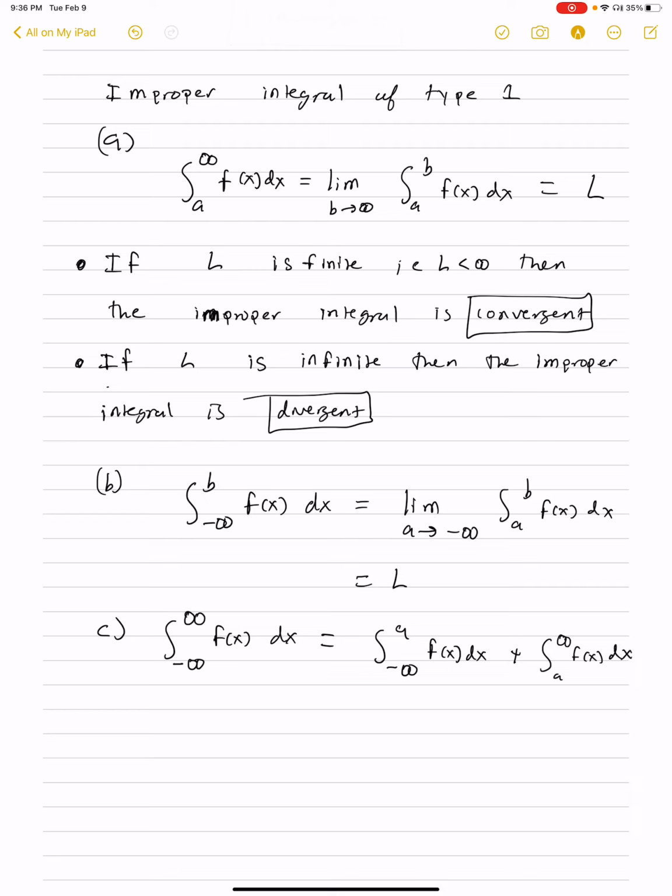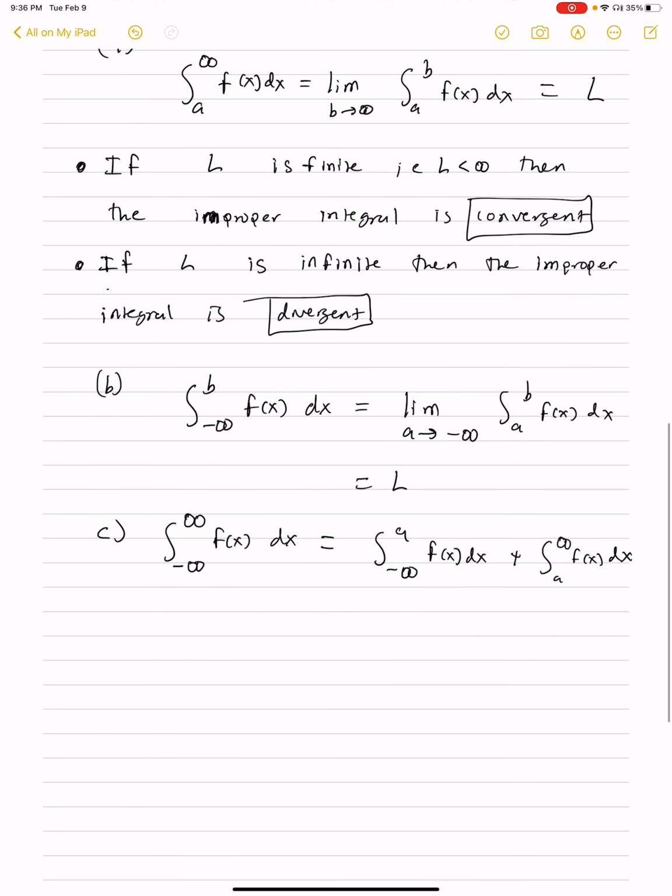If both of these integrals in C converge, then we call the improper integral from minus infinity to infinity convergent. So in case C,